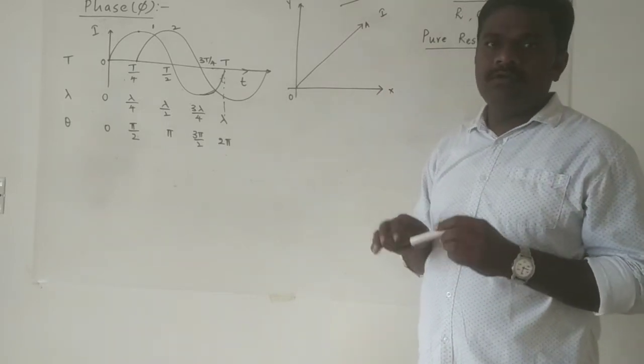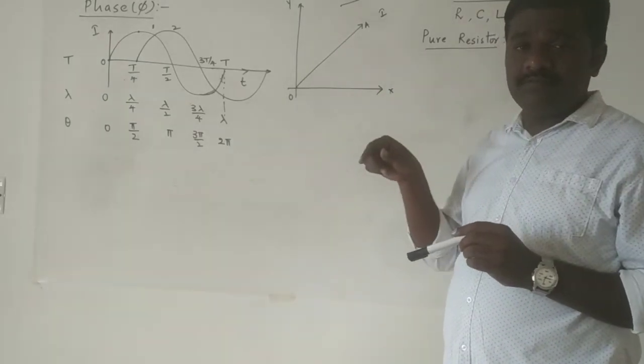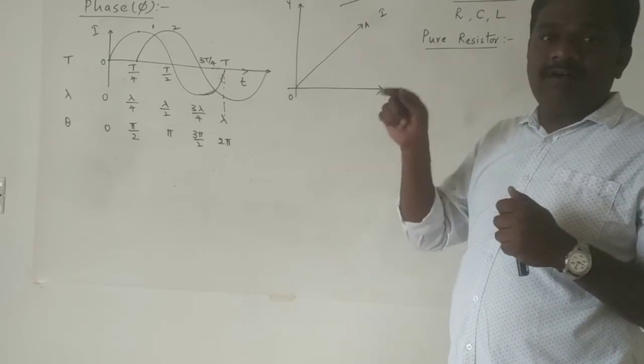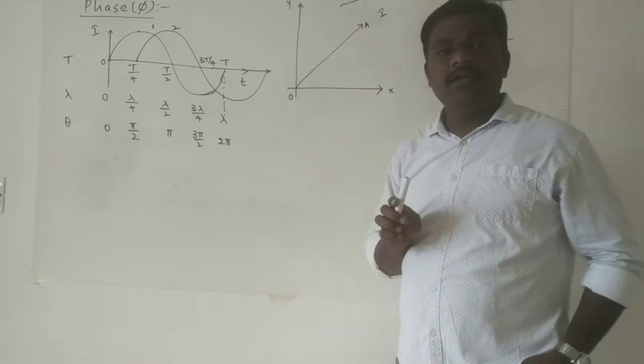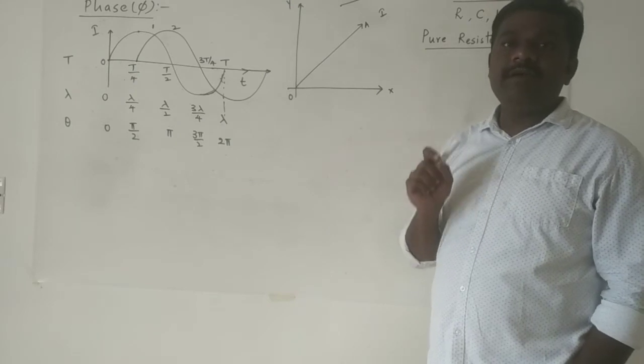Electromagnetic induction I told. Any current carrying conductor produces magnetic field around it. Such effects should not be there. Then the wire which is carrying current can be called a pure resistor. So repeat, a pure resistor is a current element which is free from induction effects.